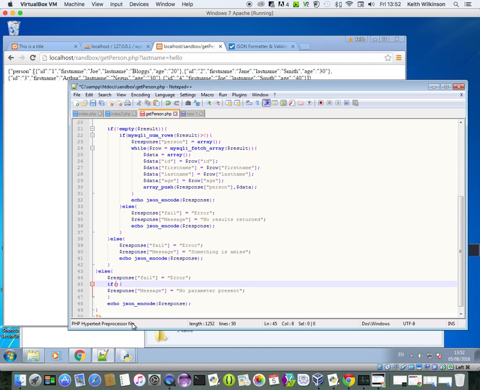So I'm going to use my get response, and I'm going to check for the last name. I could have just copied from above. So there you go. If last name is set, which I've managed to forget to put on the front, is set. That's better. So if the last name has been set, then what I want to do,